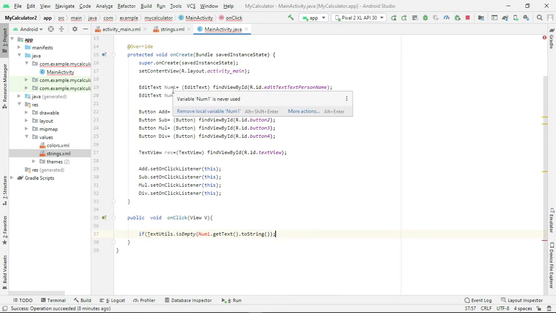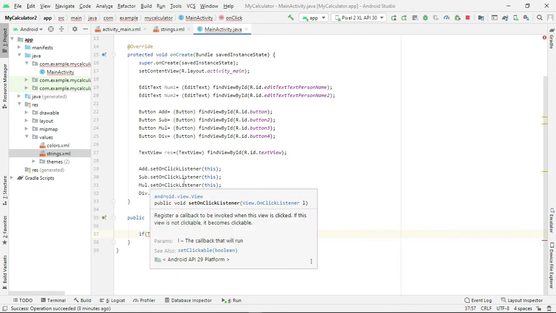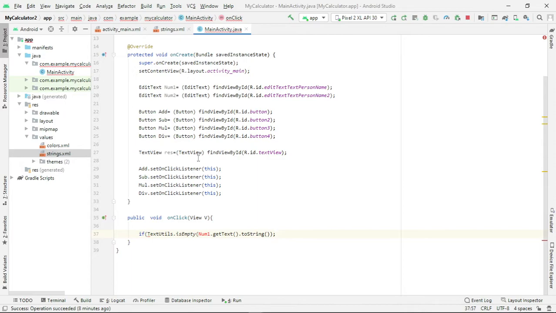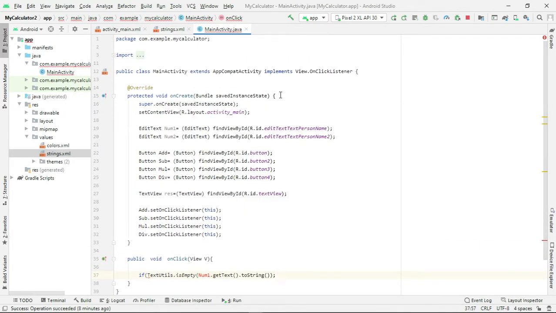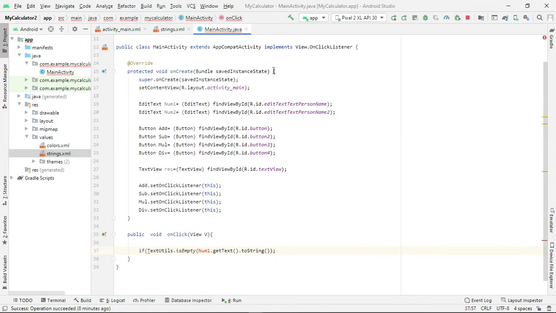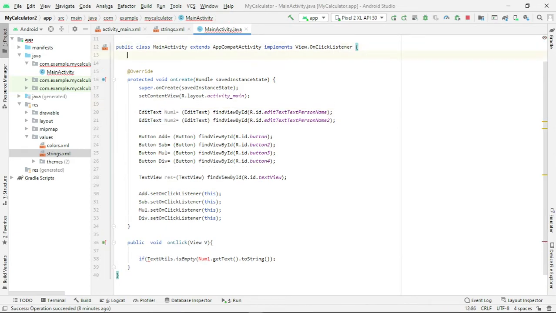Num1 we have defined, but since it is not defined outside, there is a problem of scope. So better do the variable declaration outside the onCreate function. Then it will not be any problem.